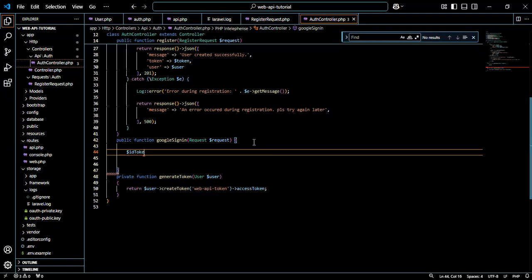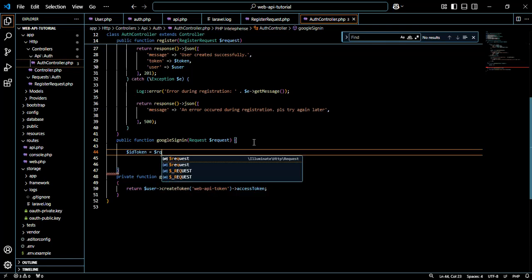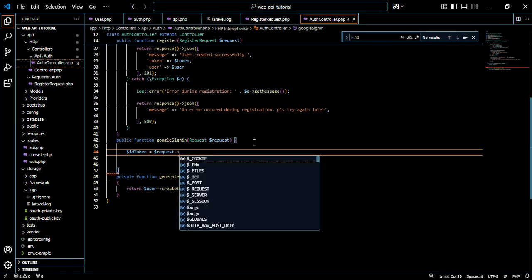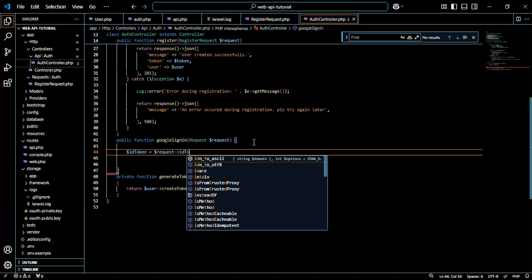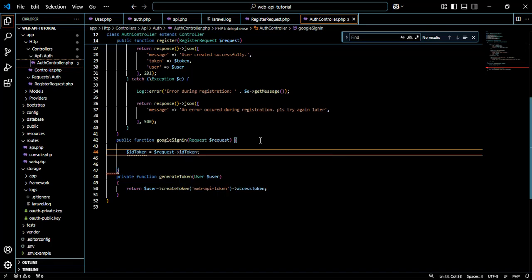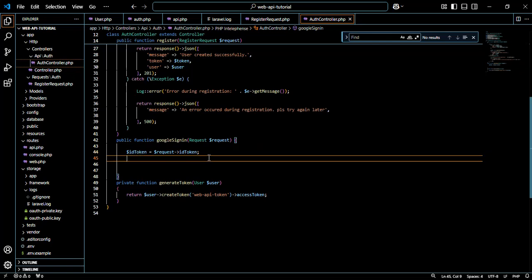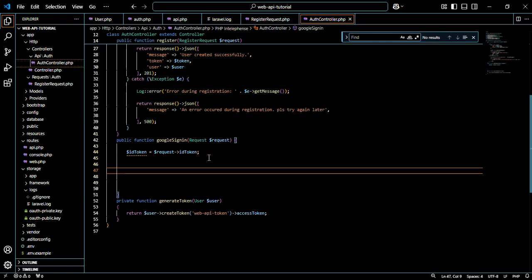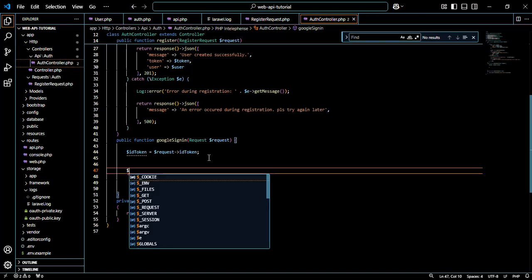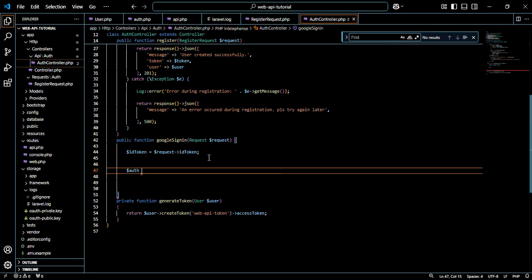The ID token will be equal to the request's token. Now we're going to initialize Firebase here, which is creating a variable. Let's call it auth, and this auth will be equal to